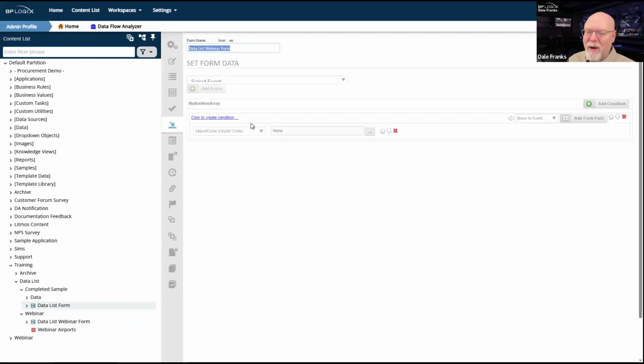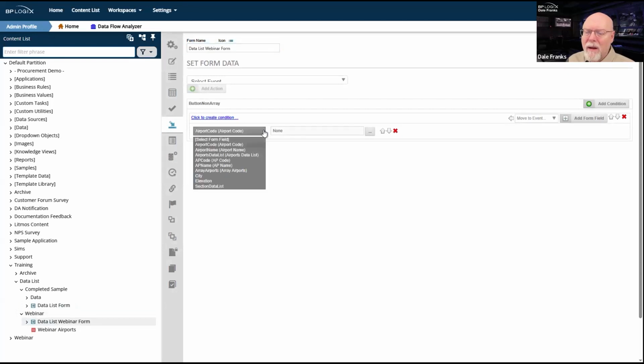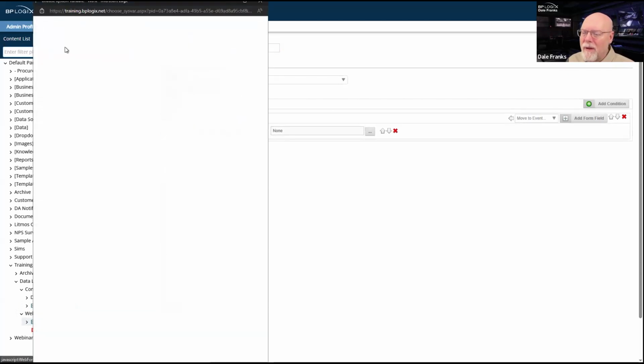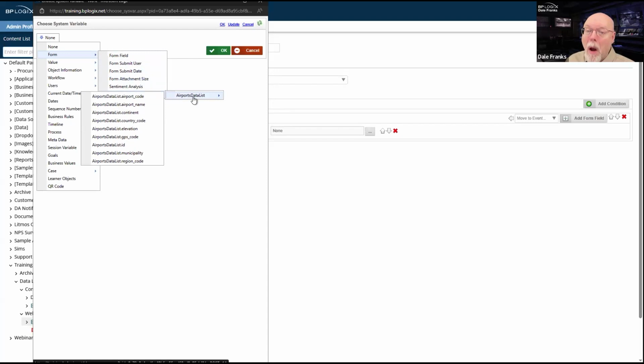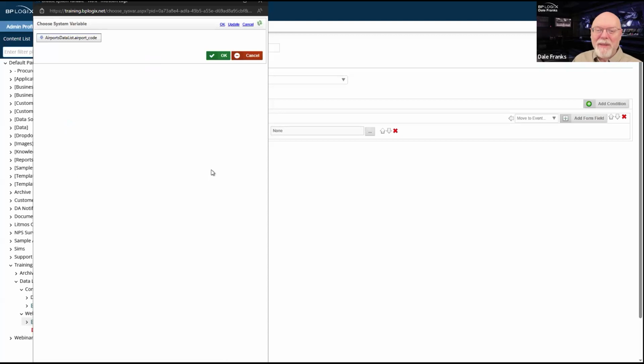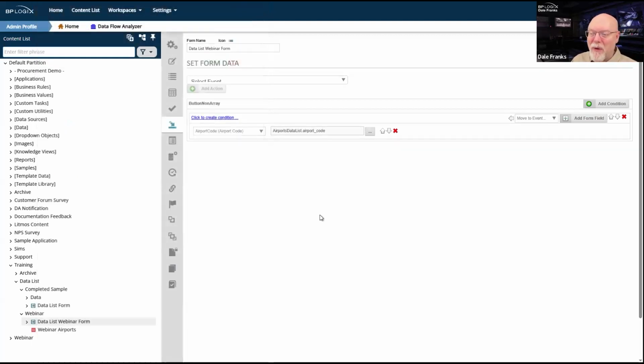What is going on here? Airport code. Okay, that is super weird. Why wasn't it showing me this before? Okay, well, it certainly seems to be working now. That was odd. But there we go. There's my data list airports code.